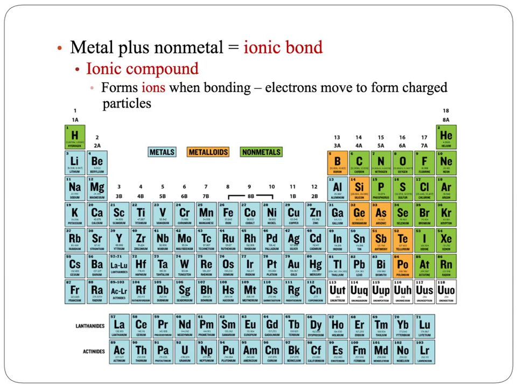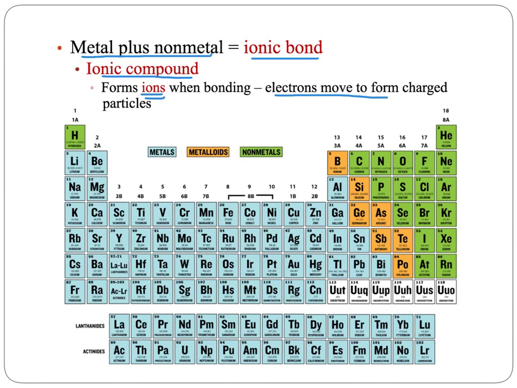When you have a metal bonding with a nonmetal, then you have an ionic bond forming, which makes an ionic compound. The distinguishing characteristic of an ionic compound is that it forms ions in the bonding process, that the electrons actually move from one atom to another to form a charged atom,